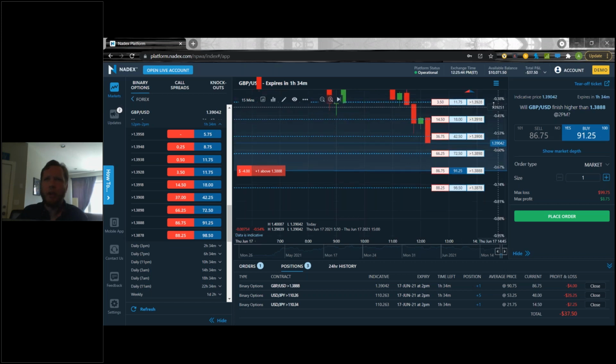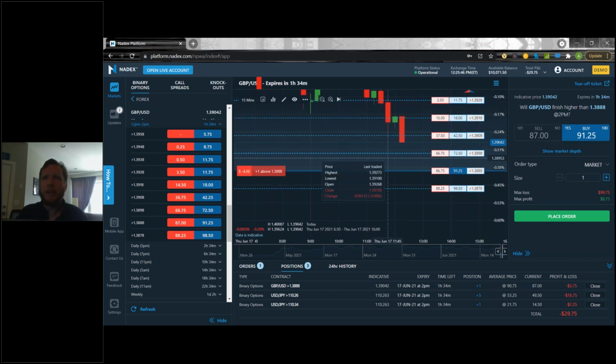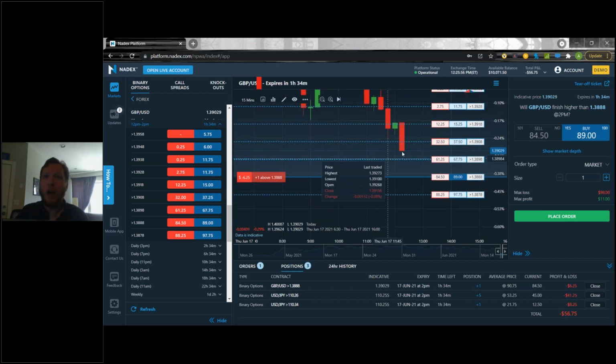I'll pull it up here a little bit. So we can see, right? The current market price is way above this line in the sand, right? So at expiration, all I need is for this to just be above the current market price. So obviously, if this were to expire right now, it's way greater than this. However, if I were to sell out of this contract right now, I get a loss, right? That's because, again, it's only if you sell out of the contract now. That's what the profit and loss says.